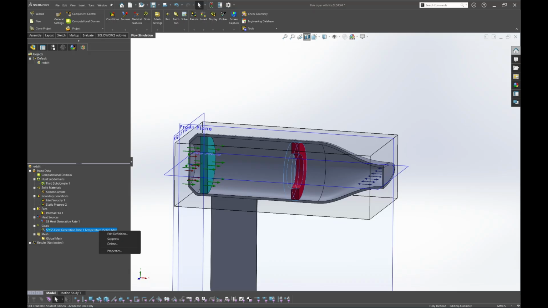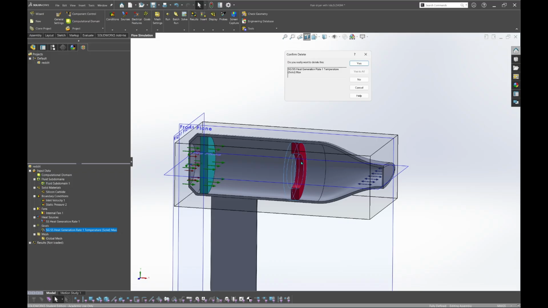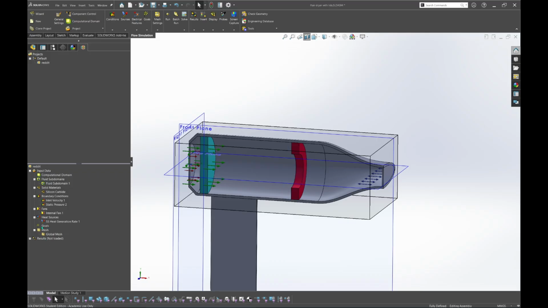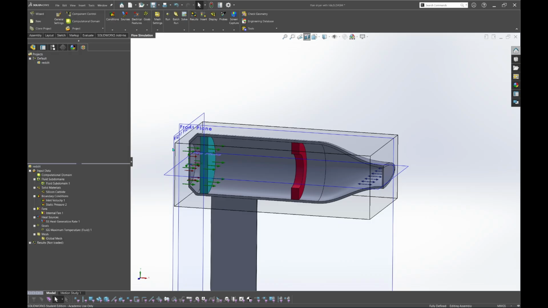And maybe it's not important, maybe I delete the goals for the heating element. Okay, so in the goals, first insert global goals, we choose temperature, maximum temperature, so validate.